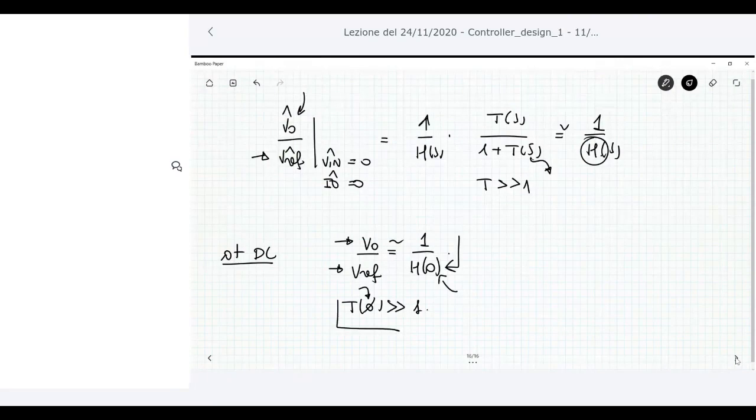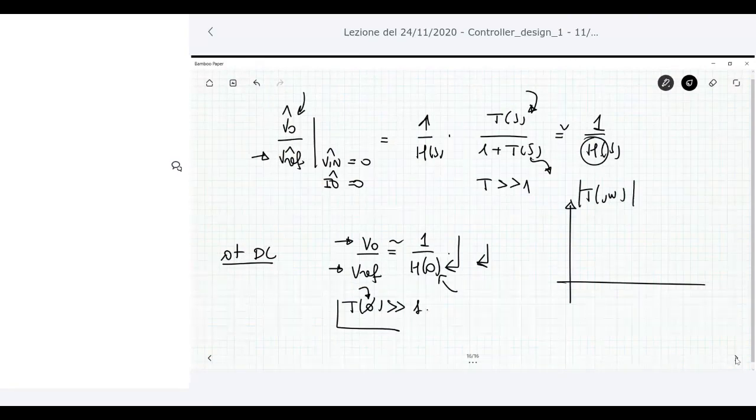So let me summarize our result. I need a T_S which should be very large. So that means that I have to consider quantities that can be large, both at DC and for very large frequency terms. So for sure, if I want to plot the Bode plot T(jω)